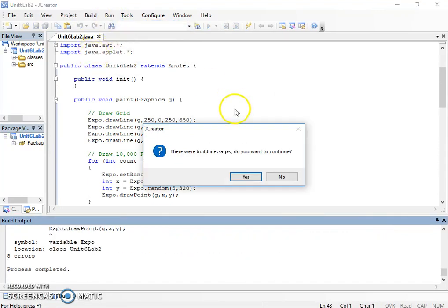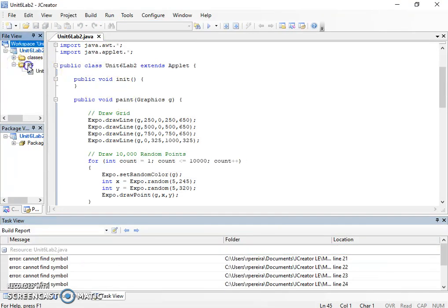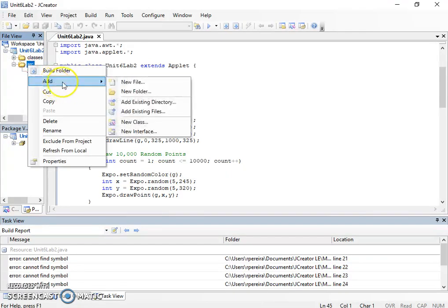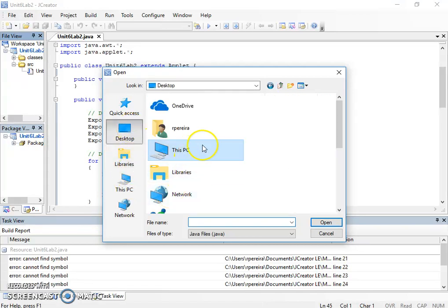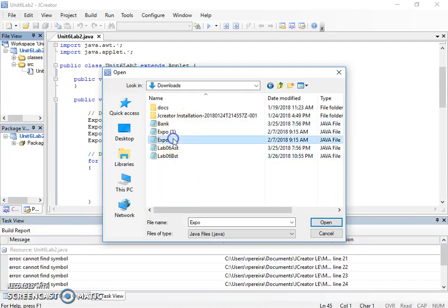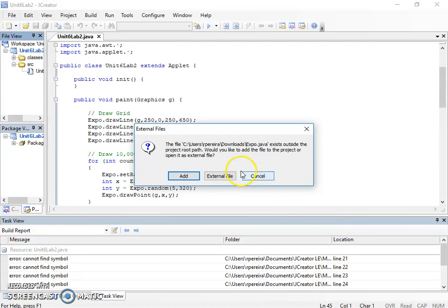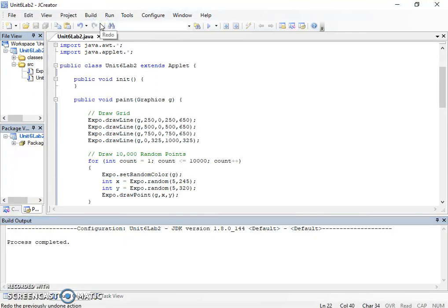Oops, it won't run. Why will it not run, you guys? I'm missing my Expo file. I'm going to go get my Expo file. So again, I click on sources and do add existing files, go to my downloads, and click on my Expo, open, and add. Now it's a part of my project. Let me try building again, and if I run it,